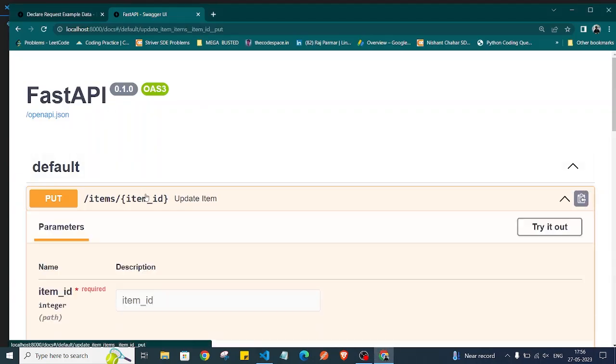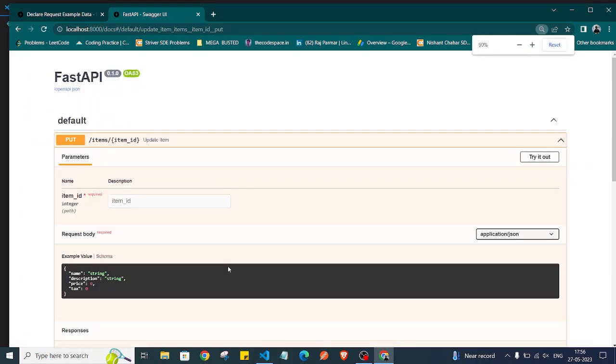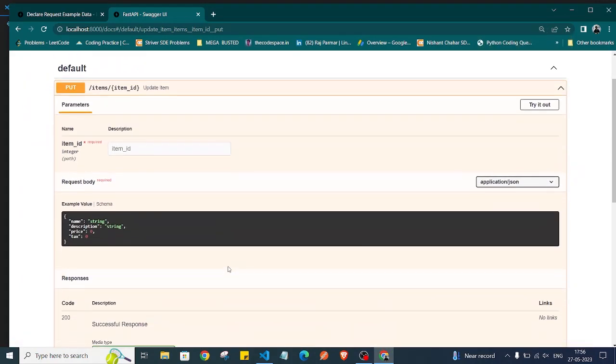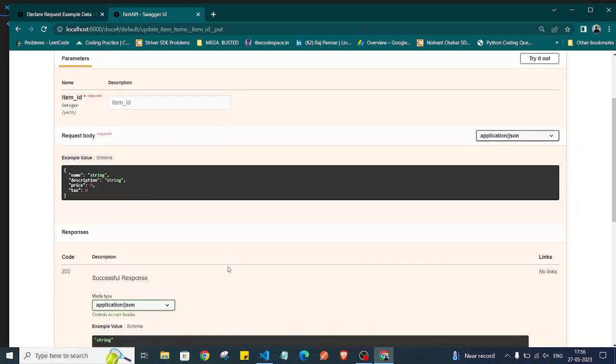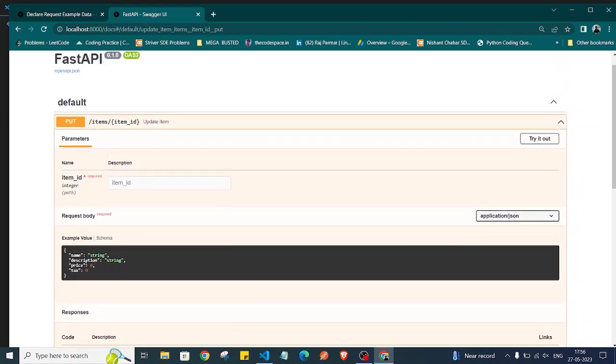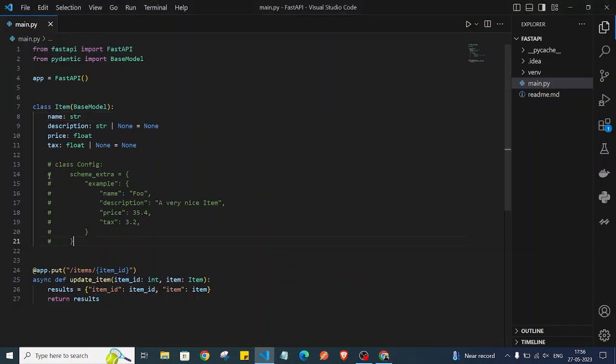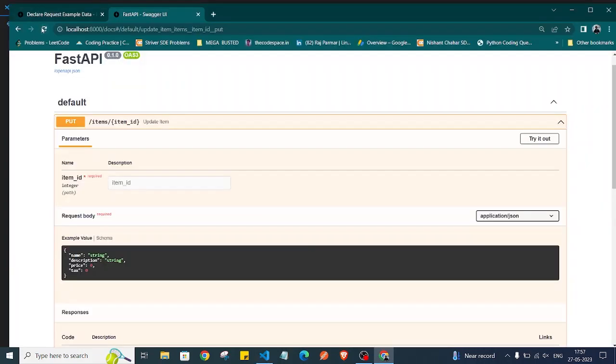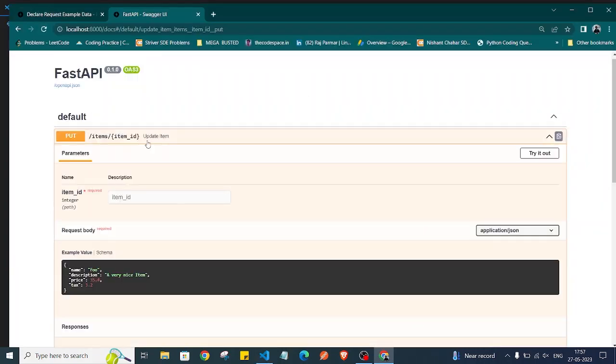If I go here and zoom it out, as you can see, we are getting these example values, right? Currently we have default values. So if I try to uncomment this thing, and refresh my page again,